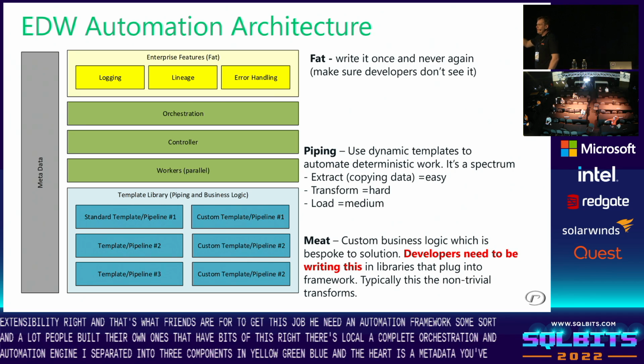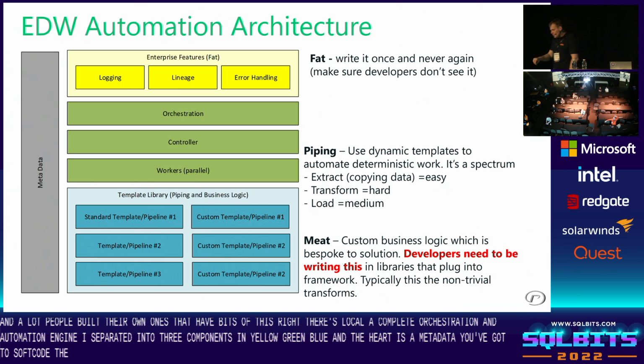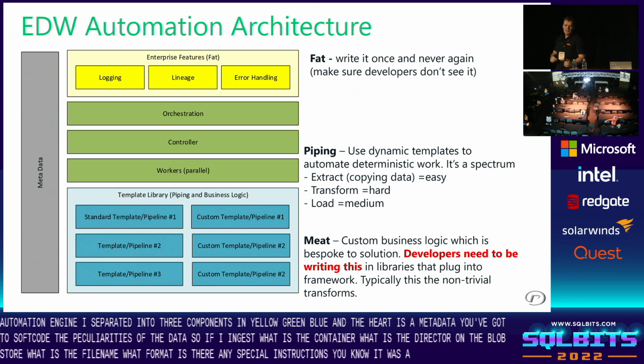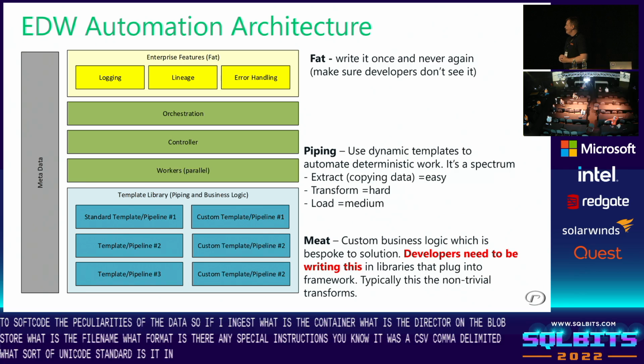You've got to soft code the peculiarities of the kind of data. So if I'm ingesting, what is the container? What is the directory on the blob store? What is the file name? What format is it? Are there any special instructions? You know, if it's a CSV, is it a comma delimiter? What sort of Unicode standard is it in, right? And for load,